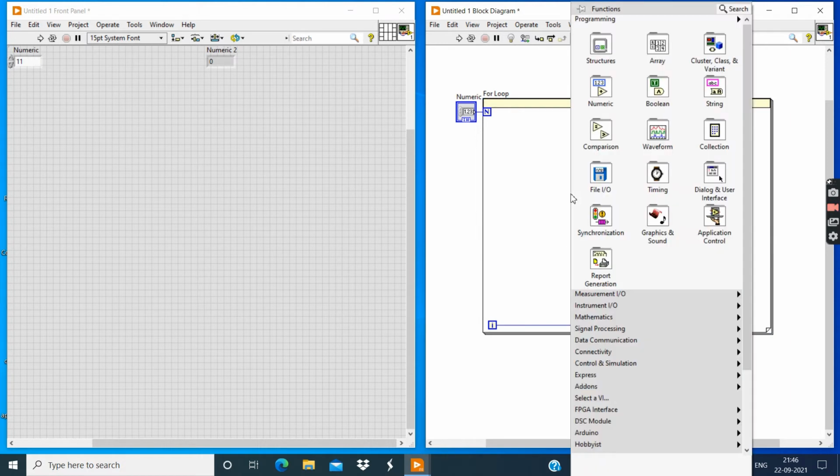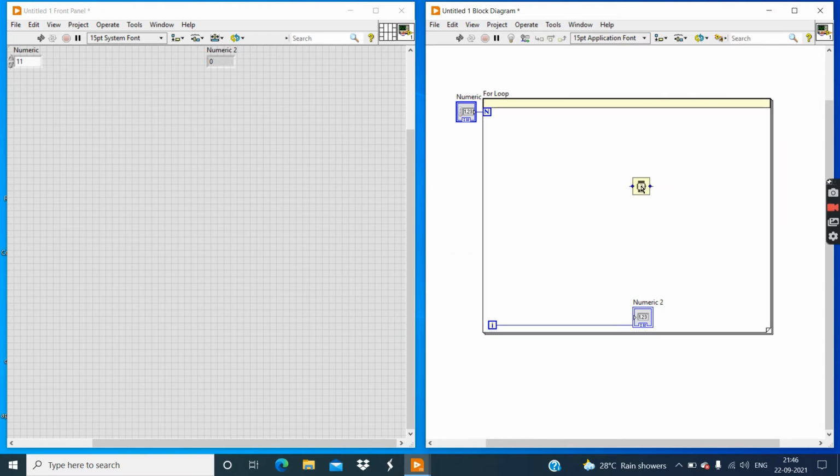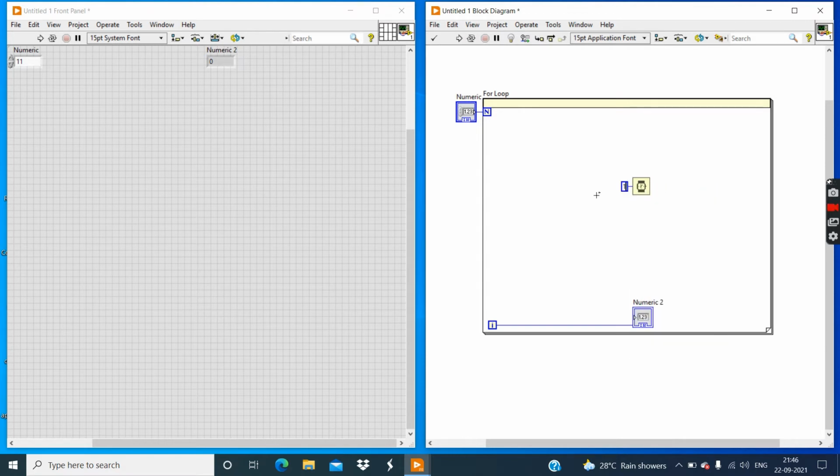For that, right click on this block diagram window, go to the timing functions, select this wait and place it here. Then create a constant to this wait function and enter 1000, because 1000 milliseconds is equal to 1 second, and this wait function has its own representation in milliseconds.